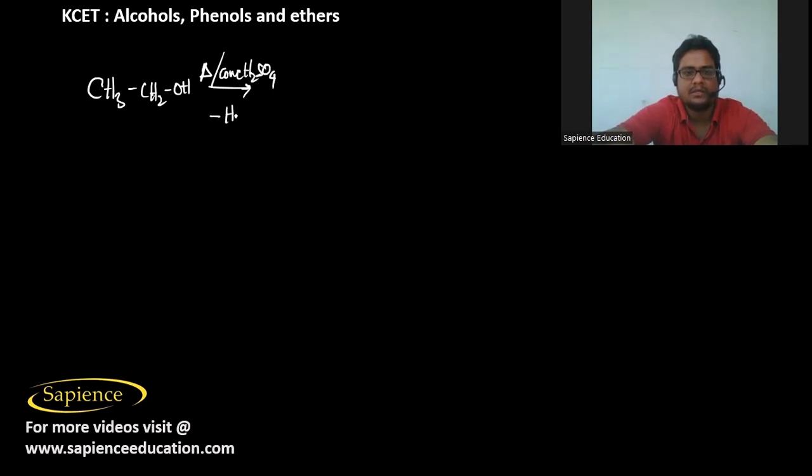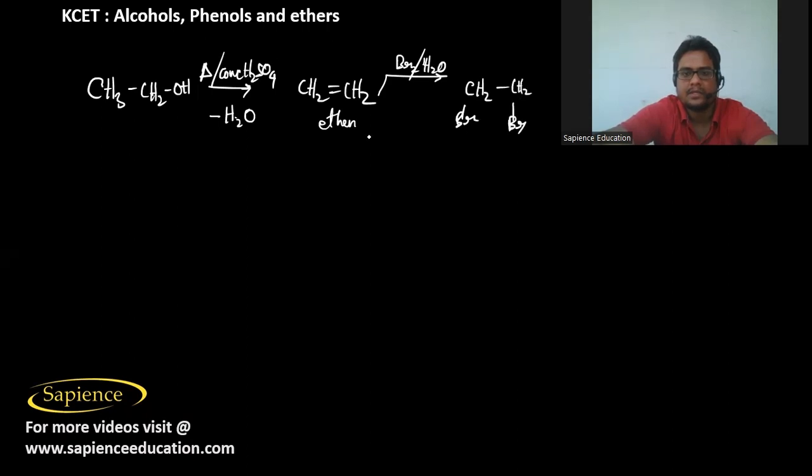It will remove one molecule of H2O and form an alkene, which is ethene. That will decolorize bromine water to form vicinal dibromide CH2Br CH2Br, and it will also react with alkaline KMnO4 to form vicinal diol, CH2OH and CH2OH,